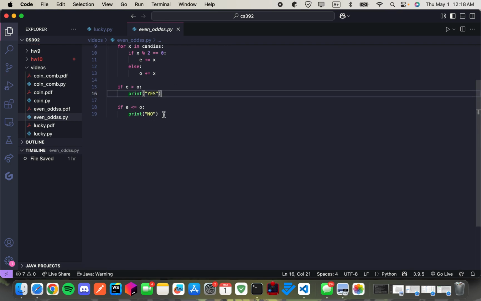And then this is just a simple check at the end. If e is greater than o, then we print yes, because at any given point, especially if we use the greedy solution in mind where Mihai always places first, then let's say we have 4, 1, 2, 3.